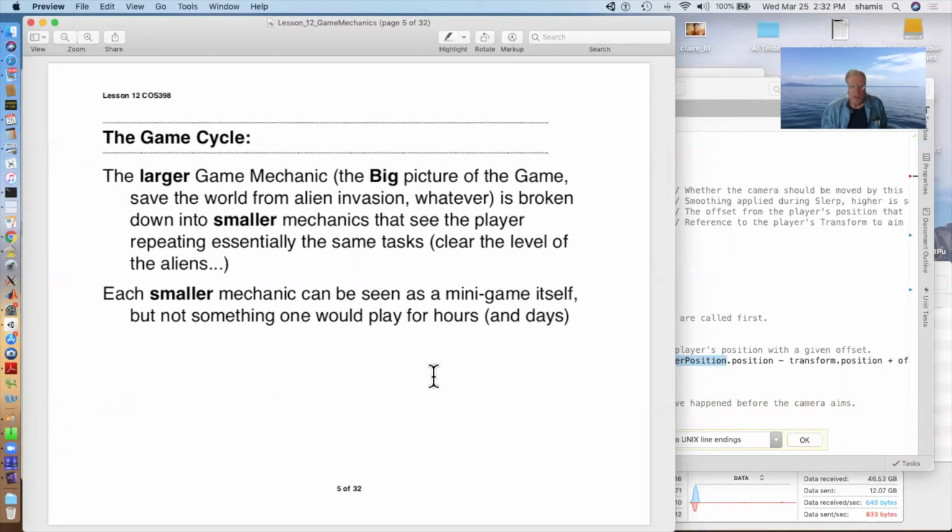In the larger game mechanics, the big picture of the game, we can break that larger game mechanic down into smaller mechanics that see our player repeating essentially the same tasks. You have to clear a level, or find the treasure or something like that. And each smaller mechanic is kind of a mini game in itself, but of course not something that you play